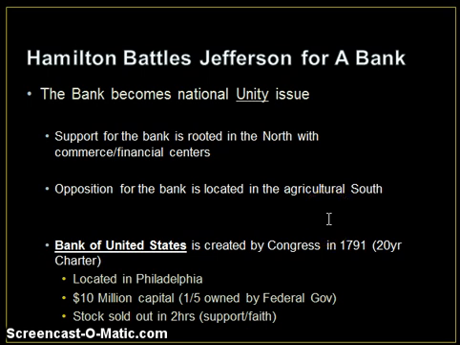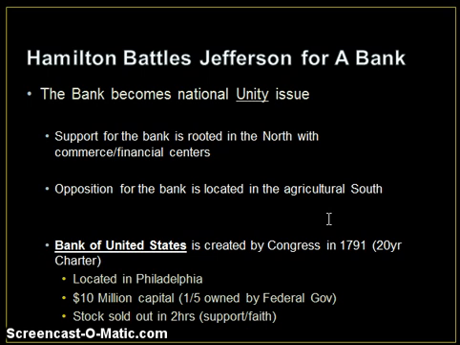Because Hamilton actually believes that the Bank of the United States is going to aid this capitalist class by extending credit to them. Remember, he wants to promote capitalism and industry and manufacturing, which Southerners, agricultural individuals, don't really want, which is where Thomas Jefferson gets his support from them. So we're going to have this unity issue over the bank. Support for the bank is rooted in the North, which makes sense because manufacturing and industry is found there, centers of commerce and financial institutions. Opposition to the bank is going to be located in the agricultural South, which Thomas Jefferson is getting his support from. But there's a lot of squabbling, and eventually Congress passes the Bank of the United States and creates it